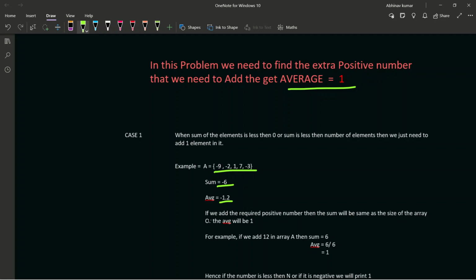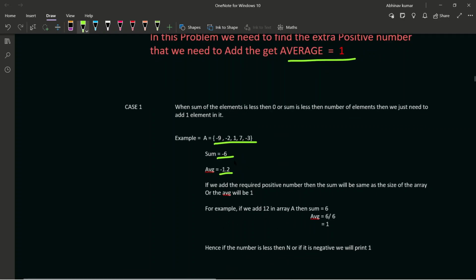If we add the required positive integer, then the sum will be equal to the size of the array, and the average will be equal to 1. The average will be 1 only when the sum and the size of the array are equal. For example, in this case, if we add only one element, 12, then the sum will be 6, from -6 plus 12.